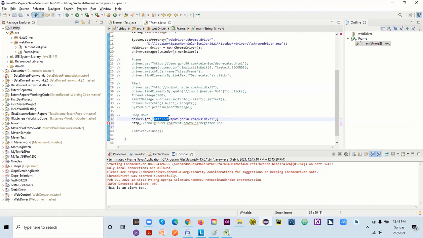Even if I use any framework, syntax, everything will be the same. If you know this, you can automate easily. There will be some enhancements, but the logic will be the same. So now we are navigating to this register page. So now what work is there? What I can do here is there's one class actually. So that class, let's say,